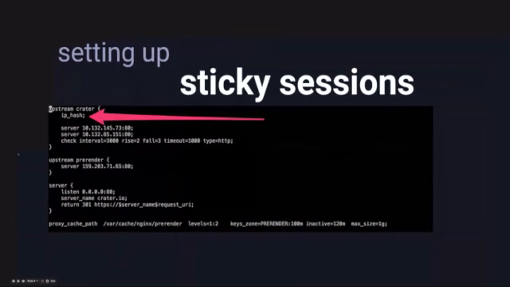So the other thing when it comes to setting up Nginx or any kind of proxy in front of Meteor, you have to have sticky sessions. I hear a lot of people ask, what's a sticky session and why does that matter? If you think about how Meteor works in regards to querying data and returning that data to someone through DDP, it keeps track of that data that it cares about in memory on the server. So if you connect to server A, and you get some data,